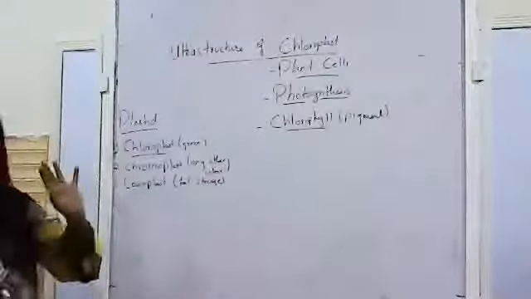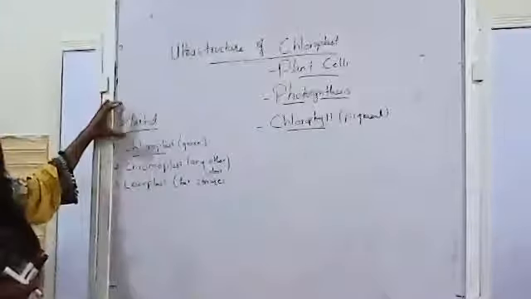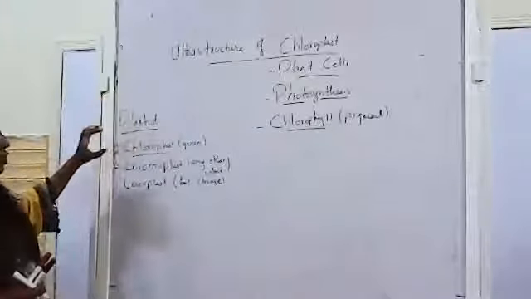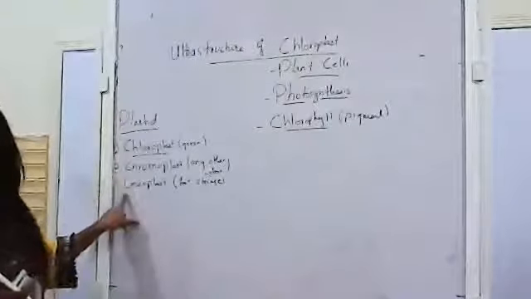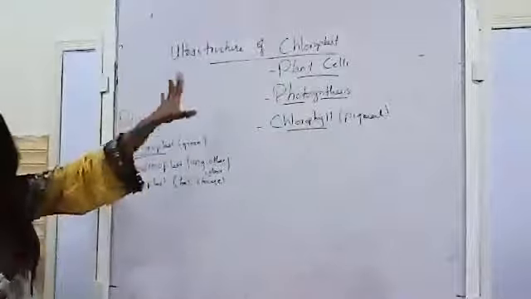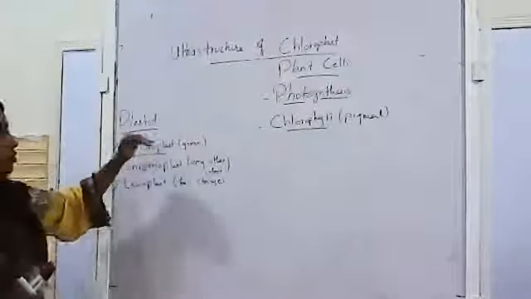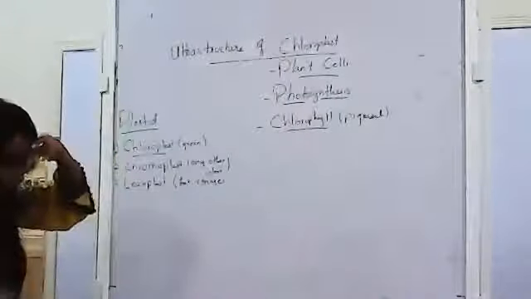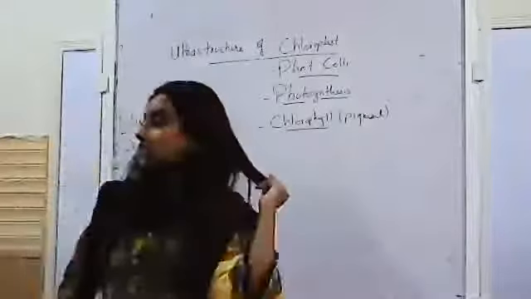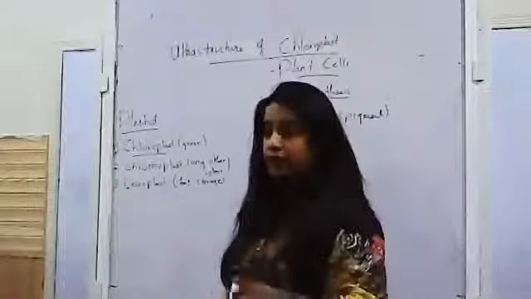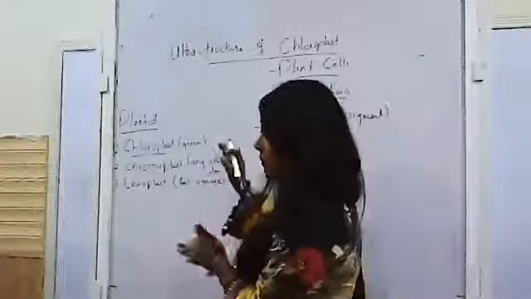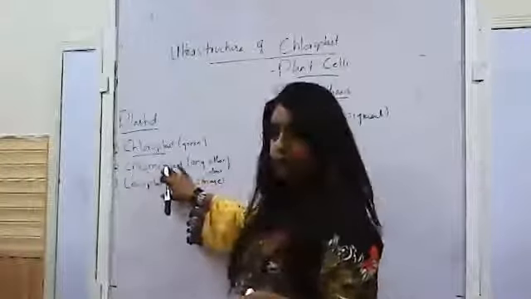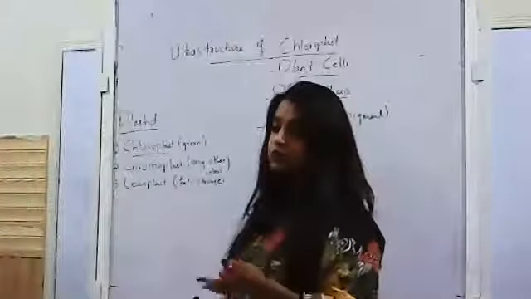So basically the organelle chloroplast is a type of plastid, right? So plastids have three types. It is known as chloroplast, chromoplast, and leucoplast. Chloroplast, that we will be studying in detail, gives the green color to the plant that contains the pigment chlorophyll. Chromoplast gives any other color to the plant, all other colors that are yellow, red, whatever other colors that plant contains, they are because of the chromoplast. And leucoplast is usually used for food storage.